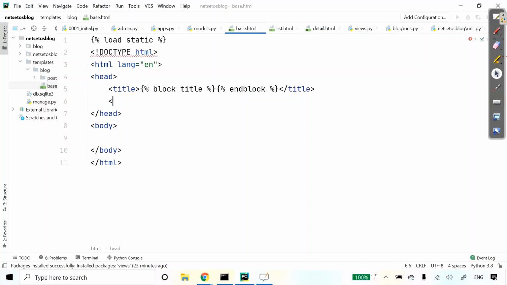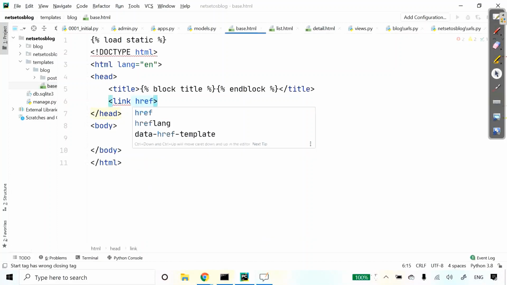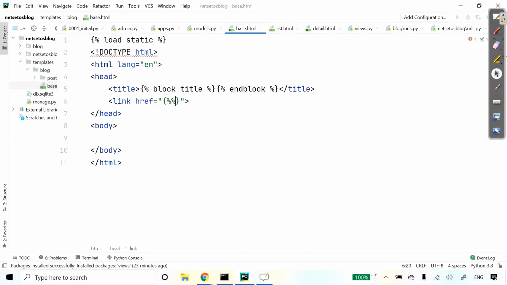So I'll give angle brackets, inside this link href, static, css/blog.css, and outside this we will have stylesheet.